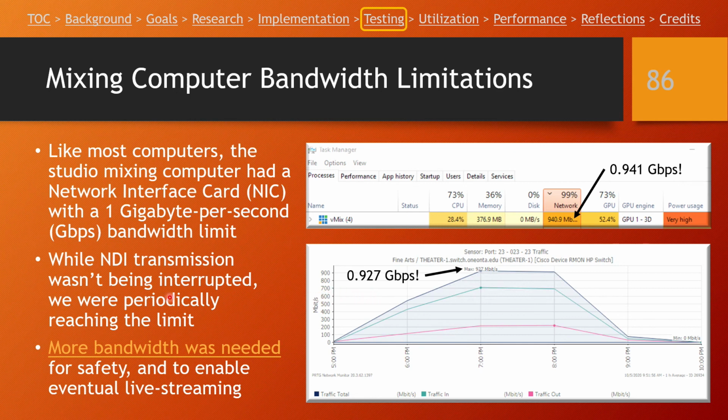Oddly, this didn't seem to be adversely affecting NDI transmission. We weren't having video stop working or anything like that, but we were momentarily and periodically reaching that limit. So we definitely needed more bandwidth for safety and for the other things we were going to need to do,